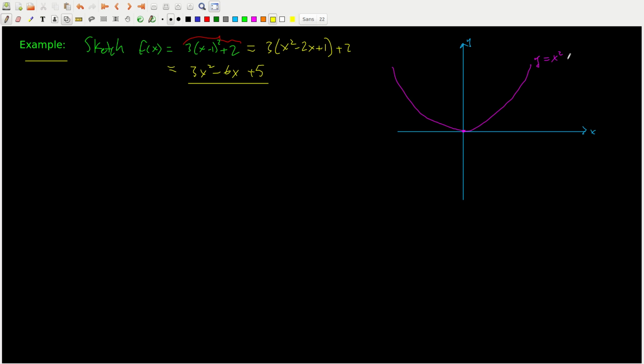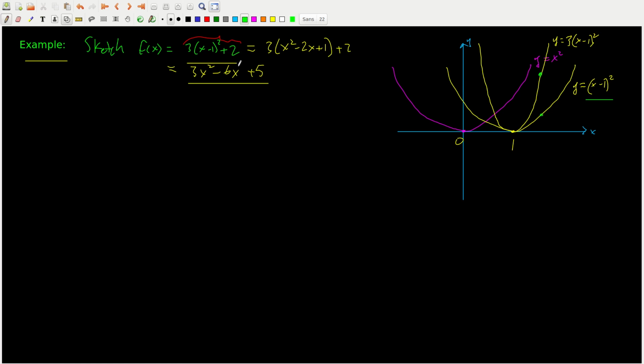Okay, so here we've sketched the standard power function, y equals x squared. And if we look at this original form that we had, this takes the basic power function, moves it 1 unit to the right, stretches it by a factor of 3, and moves it up 2. So I've added to the picture here the parabola shifted 1 unit to the right, y equals x minus 1 all squared, and then I've multiplied it by 3, so every y value gets 3 times bigger. So the y value here is now 3 times bigger right there. So this is a vertical stretch by a factor of 3,